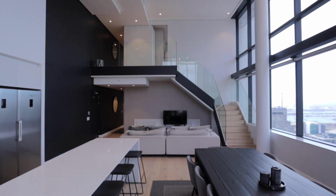Talking about the space of this penthouse is 4 bedrooms, 4 bathrooms, 251 square meters of floor area, currently listed